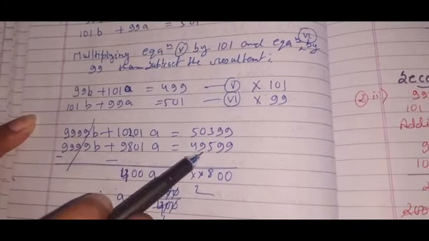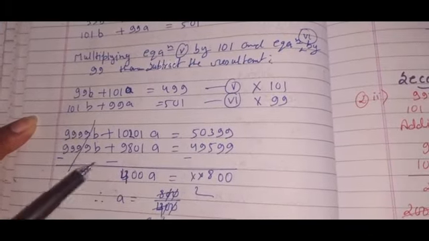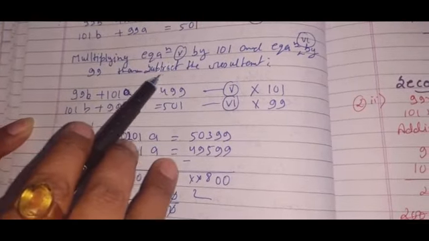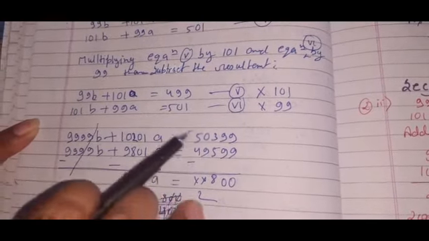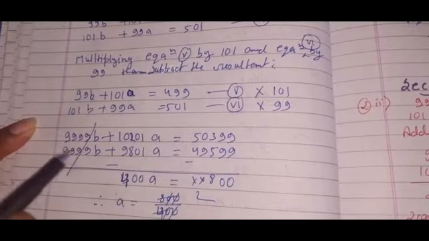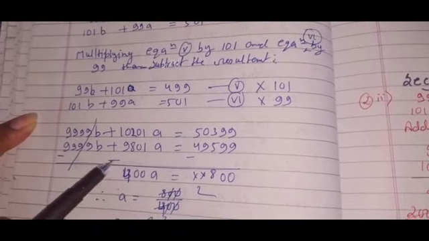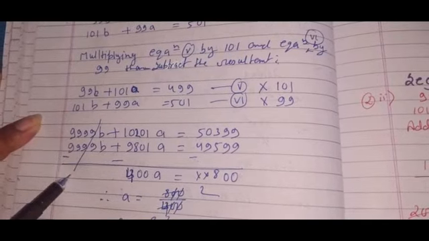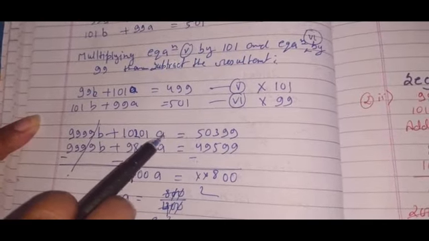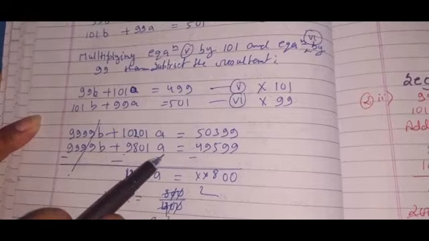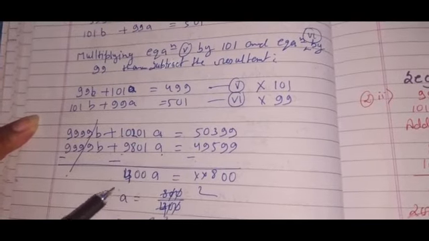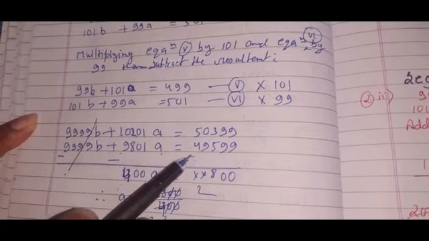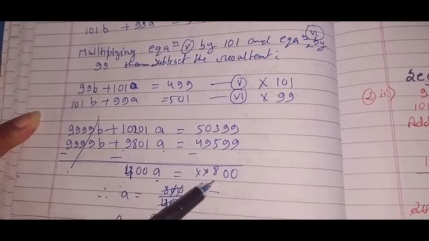So you will get 49,599. Now, what we are going to do, here I have already mentioned, then subtract the resultant. Here, subtracting this equation by this. For subtraction I have used the minus sign because all are with plus sign, so these two are cancelled, b is eliminated. Now 10,201a minus 9,801a is equal to 400a, okay, and when you subtract 49,599 from 50,399, you will get 800.